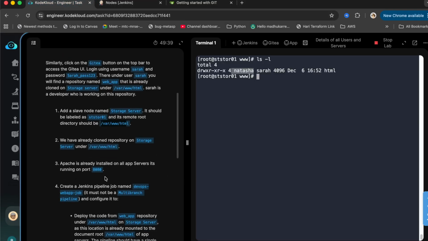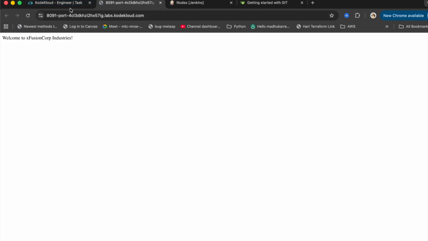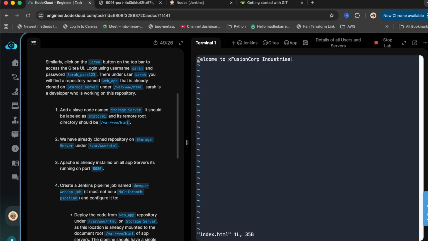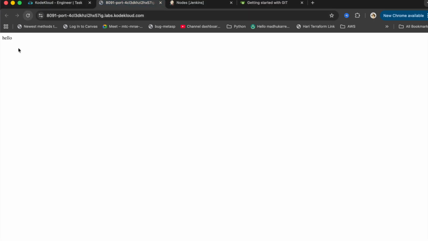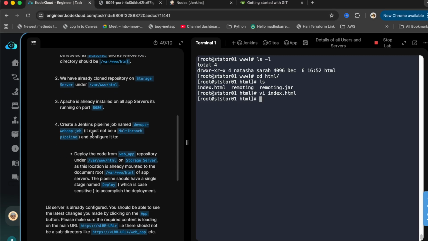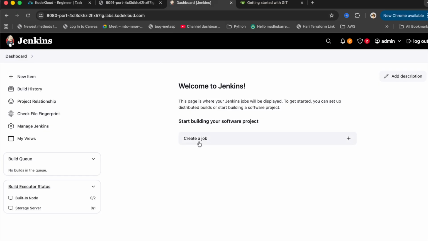So if you go back, if you click on this app, you can see this page because this is coming from this location. Let me change this. If I change, hello, now you can see, so that's coming from that server. So what we are going to do, we need to create this job. Let's jump into Jenkins, create a job,